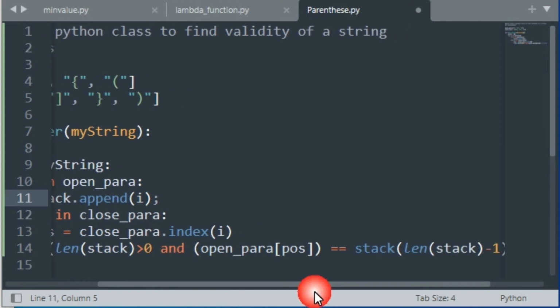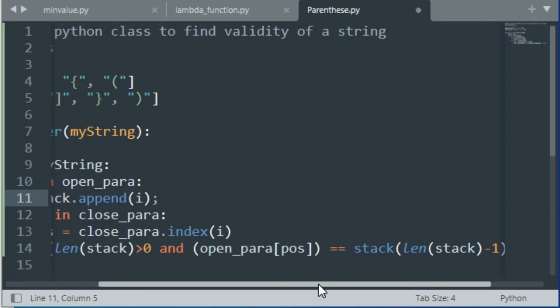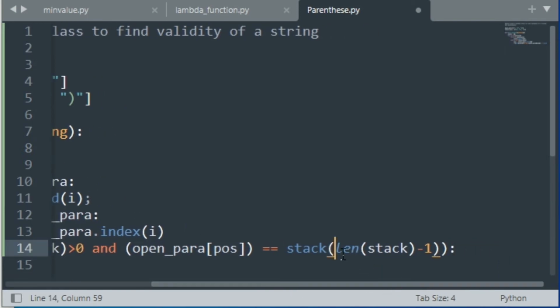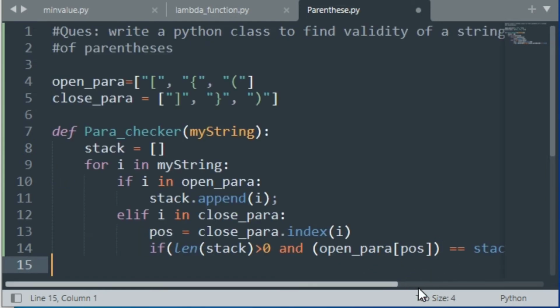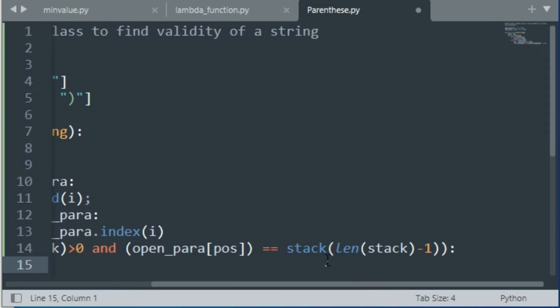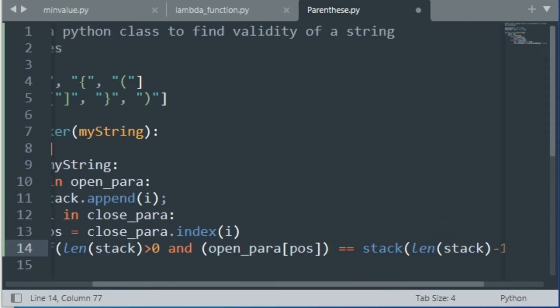So if the open para element is equal to a stack element, and it is basically checking with the length of stack minus 1. Basically the length of stack will be the number of elements, but the index will be minus 1, so we have to use minus 1 here. So it is actually checking the element of open para with the stack element.